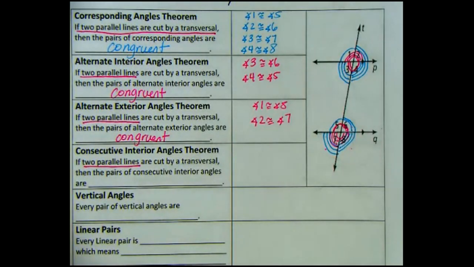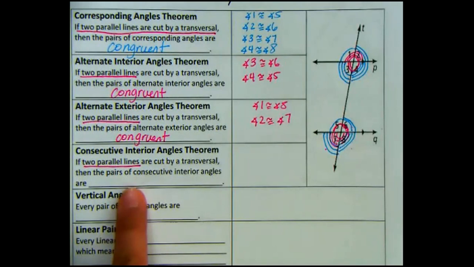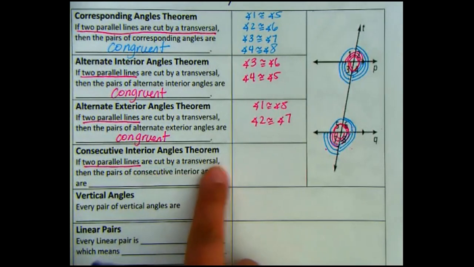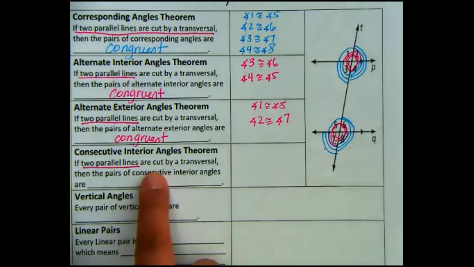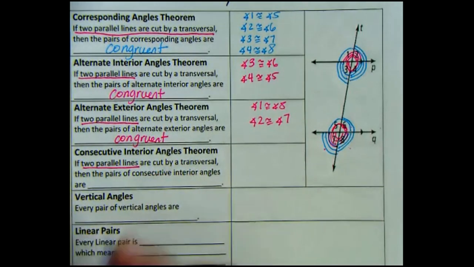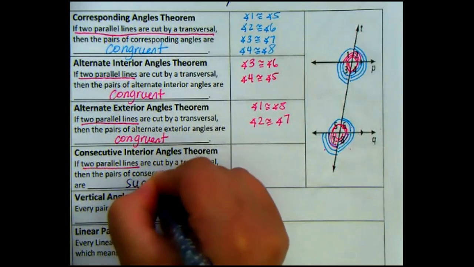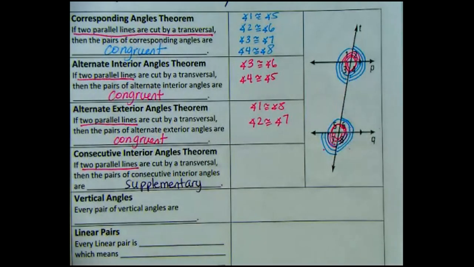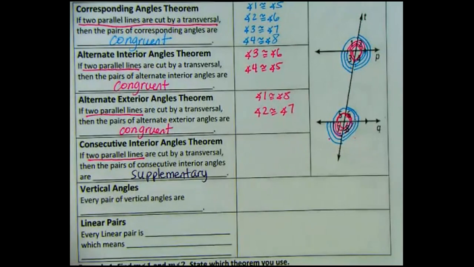But remember I said 3 out of 4 of these are congruent, which leaves my consecutive interior angles. If two parallel lines are cut by a transversal, then the pairs of consecutive interior angles are supplementary. The pairs of consecutive interior angles are supplementary, which means that then angle 3 and angle 5 are supplementary,